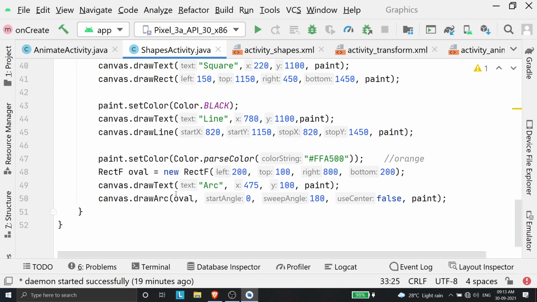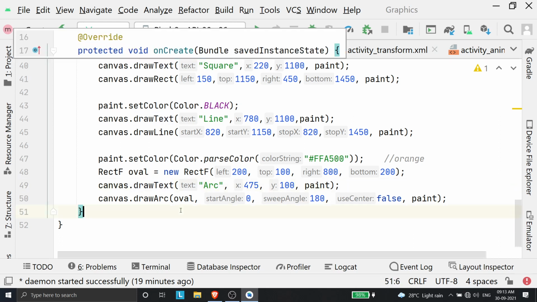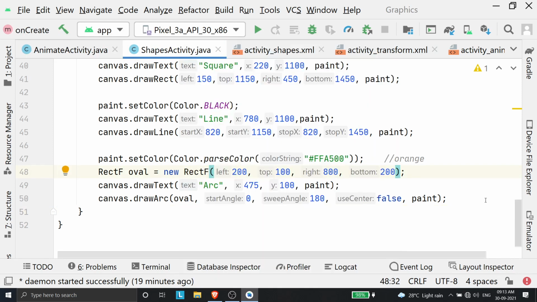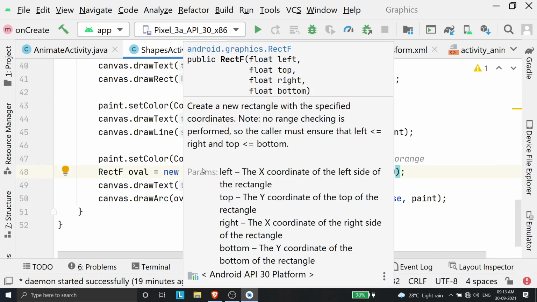So for drawing an arc, the function is a little bit weird because I need to specify a RectF object, or basically an oval. Drawing an arc is basically drawing a part of an oval, right? So I need to first instantiate an oval object. For that I am using RectF oval equals new RectF, and I have to specify the left, top, right, and bottom of the RectF object. Why left, right, top, and bottom?